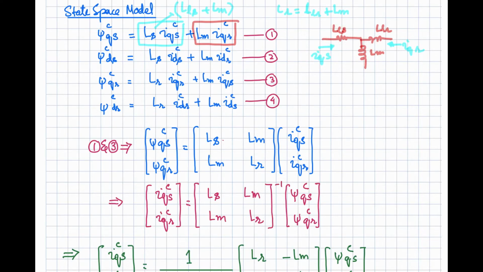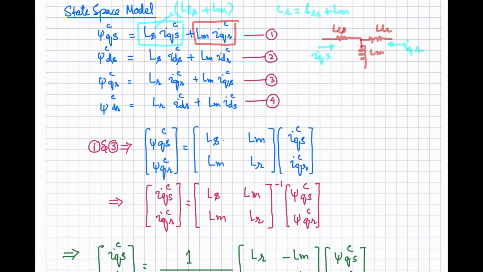And for phi ds, the d-axis circuit, if you consider the d-axis current IDS in the arbitrary frame of reference and the IDR in the arbitrary frame of reference, you can write down this equation. Similarly, if you write down the equation looking from this side on the q and the d axis, you can write down the flux linkage equation like this.